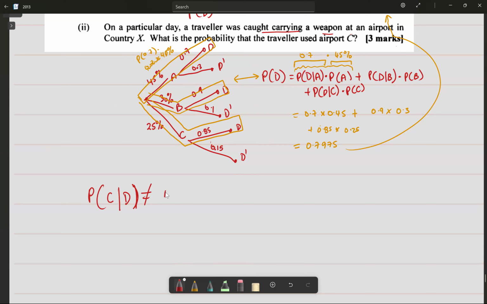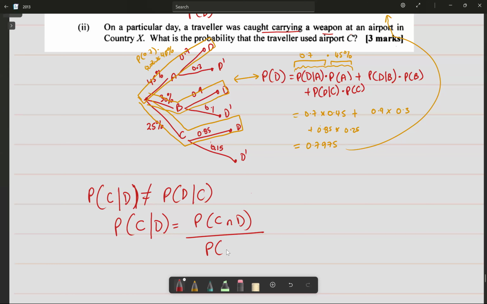Okay? This is not the same thing as the probability of being caught in C. It's not the same thing. So I have to read it as finding the probability that he was in C, the airport C, given that he was a caught man. Okay? And in this case, this is the probability of C and D over the probability of D. The probability of C and D is equal to 0.25 multiplied by